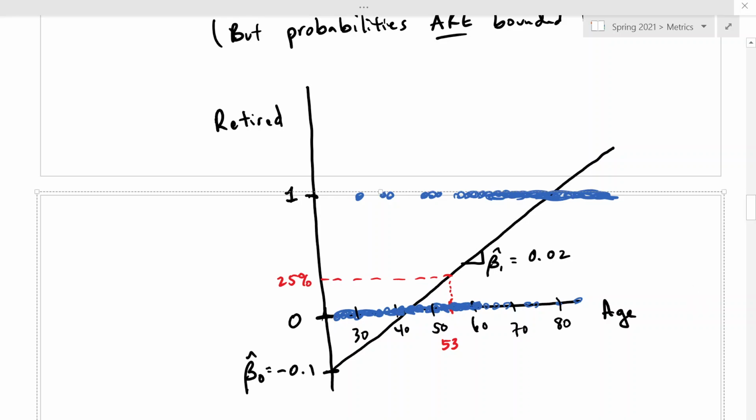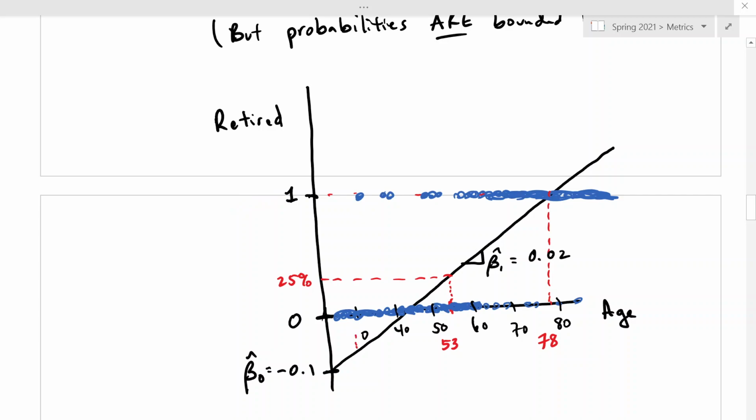And then you come up here and let's say at 78, the probability of retirement is 100%. The problem, and this is the unboundedness problem, is that if you're 30,